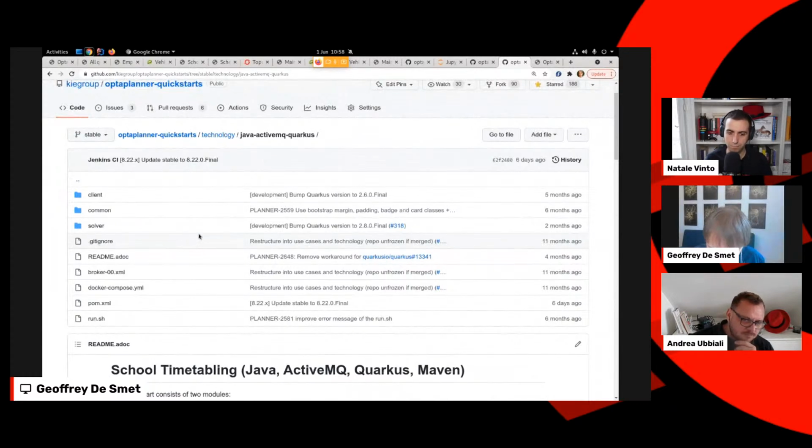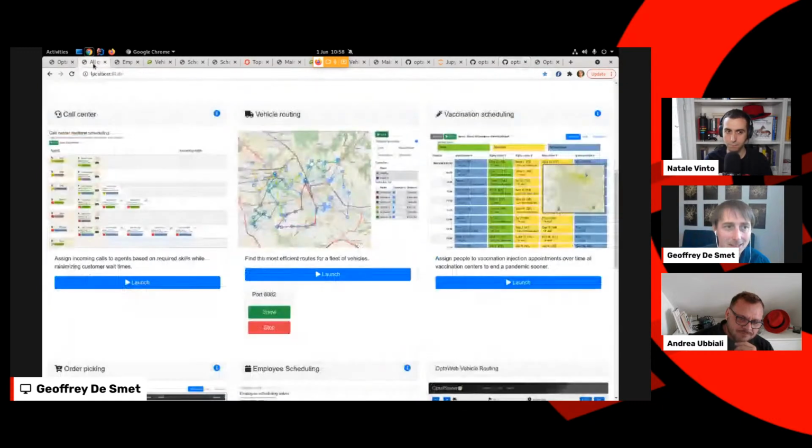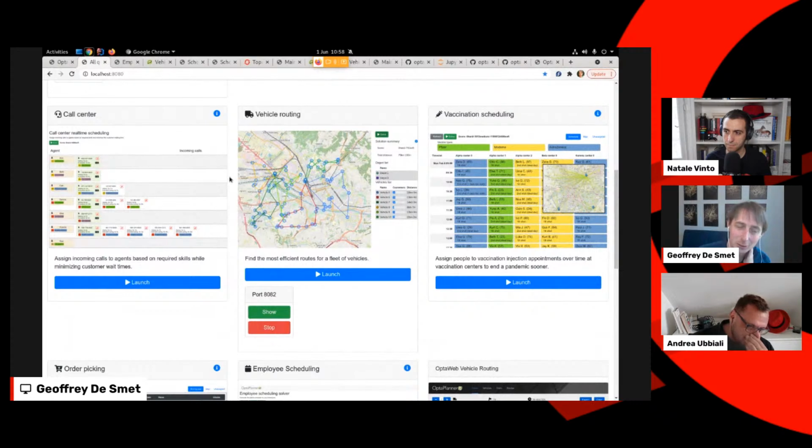Quite interesting to note. A minute ago, you asked what kind of production usage there is. It's always quite interesting to hear where Optaplanner is being used in production. For example, in certain countries, if you get a court hearing scheduled, Optaplanner will decide which judge you get. For example, in Belgium, if you go to a pharmacy in the weekend, Optaplanner will decide which pharmacy is on duty in your region to be open in the weekend.